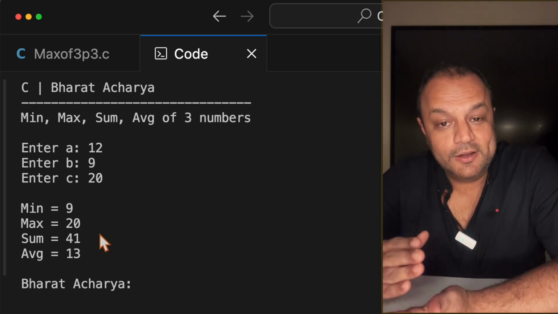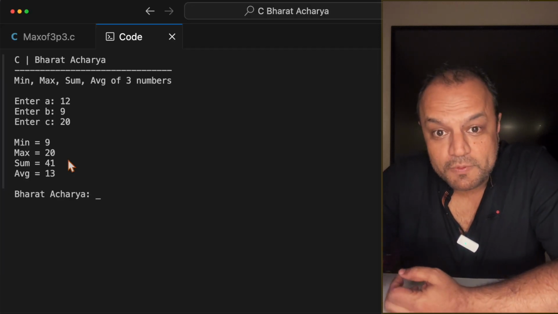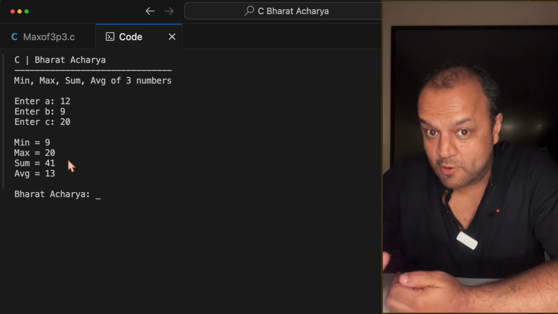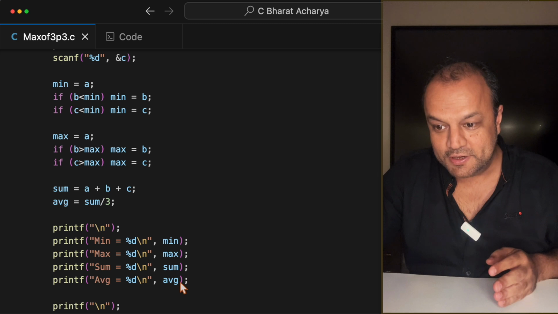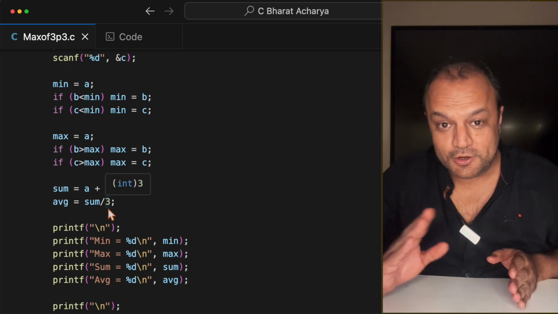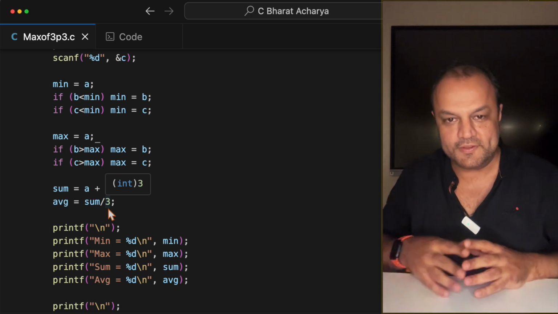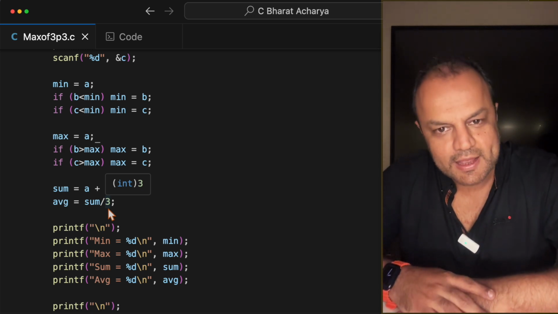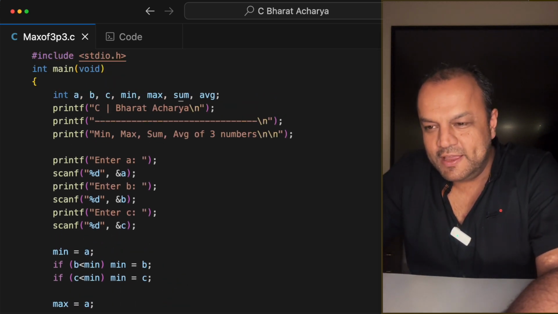13 into 3 is 39. Like I said, it's going to give you the part before the point. It won't round it. In integers, when you do division, it just gives you the quotient, no remainder. So it will knock off the part after the point. It will truncate the result, not round it, truncate the result. Are you clear?